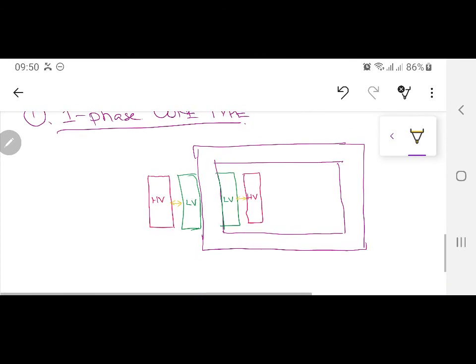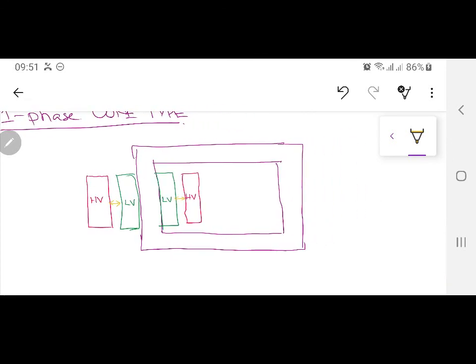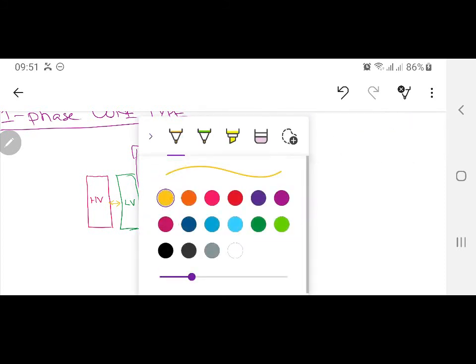Now this is one limb I have drawn. The same is going to be drawn on the other limb, because what we have done over here, instead of having the low voltage winding on one limb and high voltage winding on the other, we have bifurcated them on two different limbs. So half the number of turns are here, half the number of turns are there. This will have better flux linkage. Instead of having low voltage on this side and high voltage on that side, I am having half of them low voltage, high voltage, and half of them low voltage, high voltage. This will have better flux linkage, or you can say we are having the advantage of the shell type transformer, which had better flux linkage.